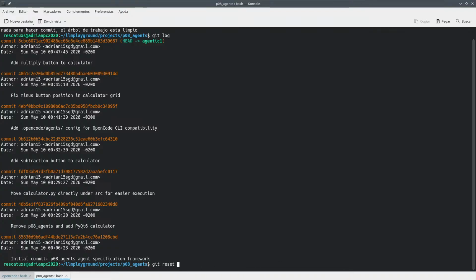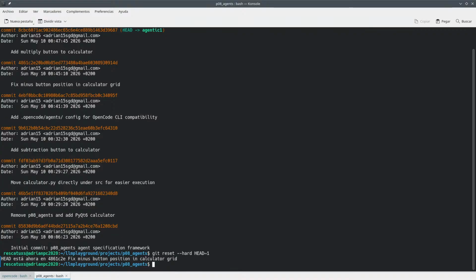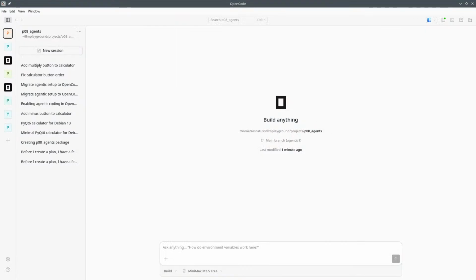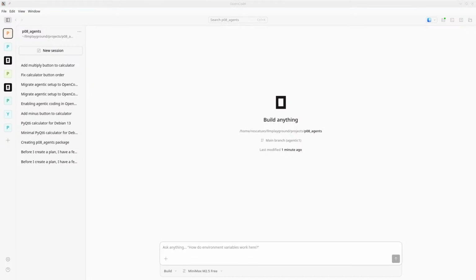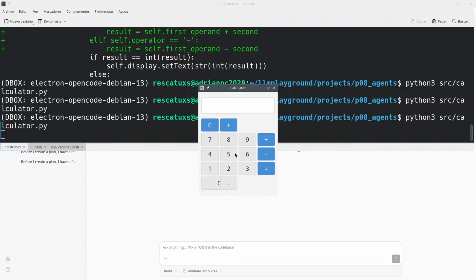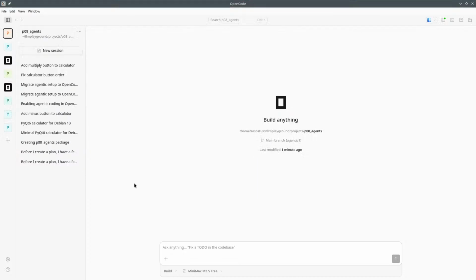So reset to commit number one, and we no longer have the multiply button. If I open this thing, you will see how the multiply button is not here. Okay, nice. So now we ask